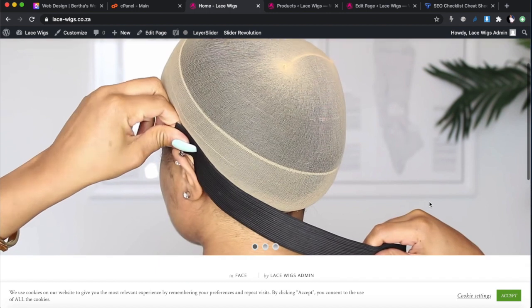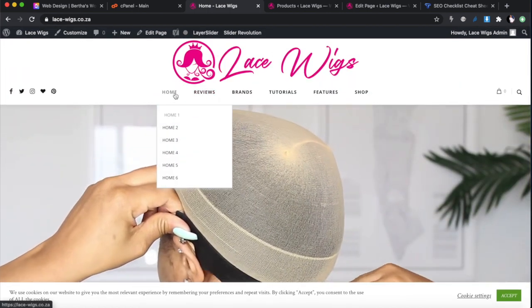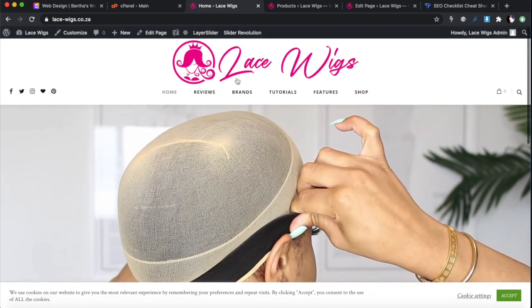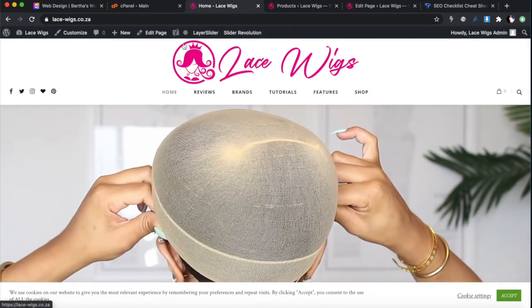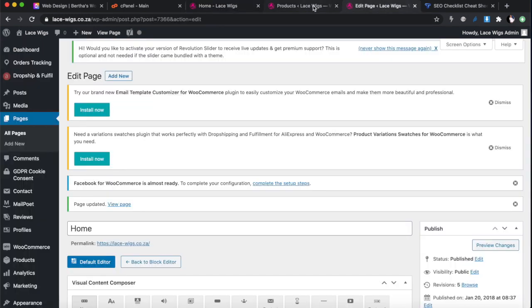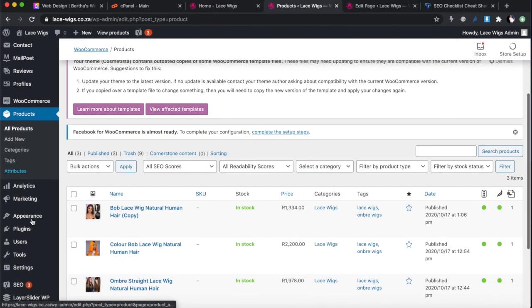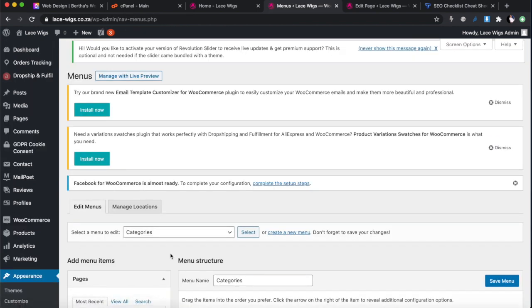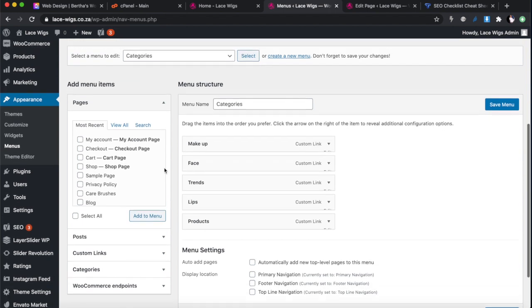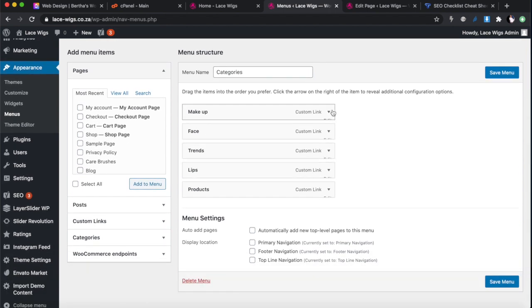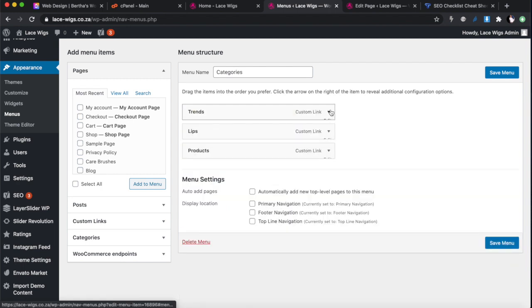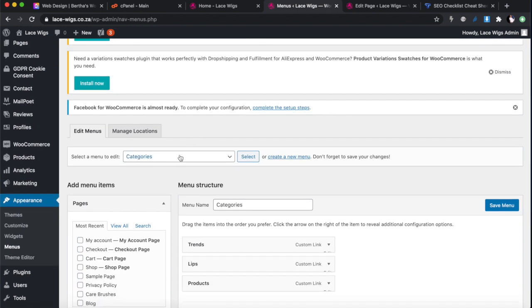Now what I want to do is fix the menu so that I have the home, the shopping pages, the shop page and all the other pages. So I want to get rid of this menu as it is and just create a new menu the way I like it. For that, we will go to appearance, and under appearance we go to menus. Okay, and under menus, all these items, just remove them. Remove everything, so we can redesign this menu.